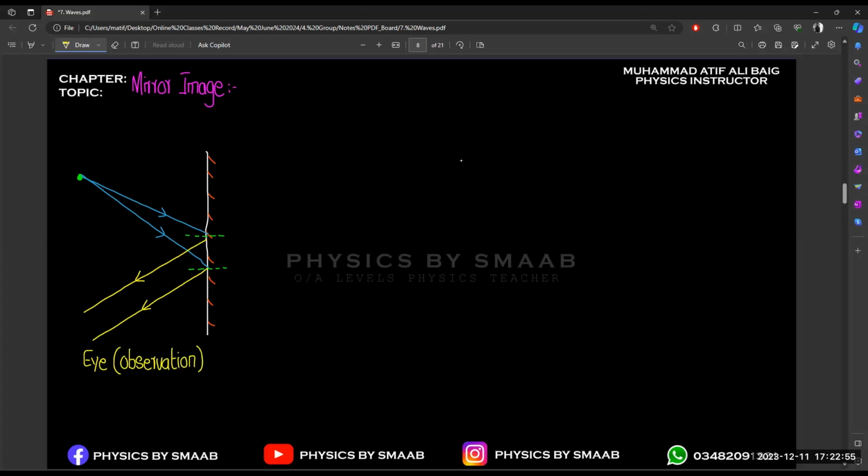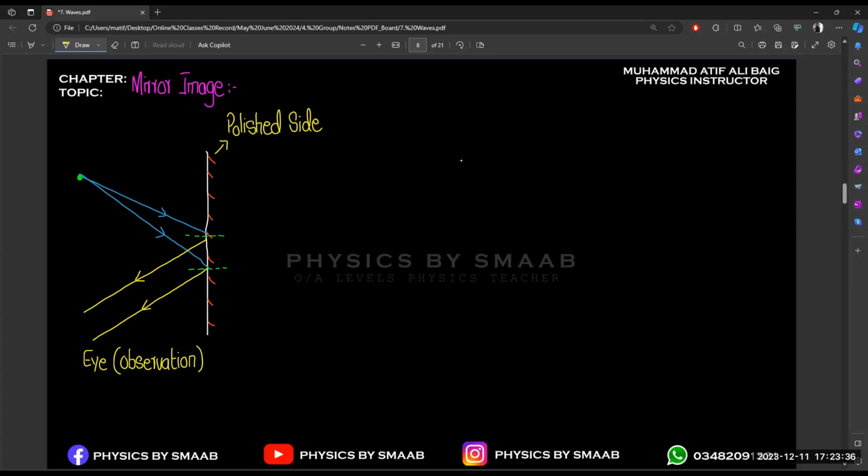Okay, now what is the difference in the mirror image? Basically, we know that the back side is completely polished. This is the polished side. And when we are using the polished side, it means that light will not travel to the backside of the mirror, but only for the mirror image, we have to find the point where these light rays intersect each other. According to the ray diagram, when light rays intersect each other, we will get the image of an object.